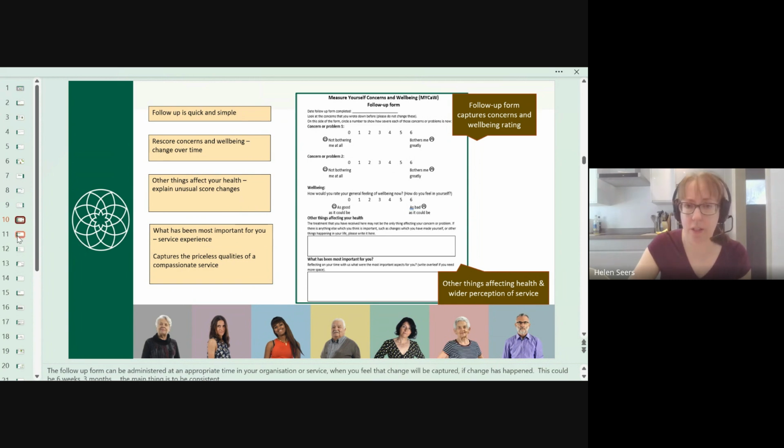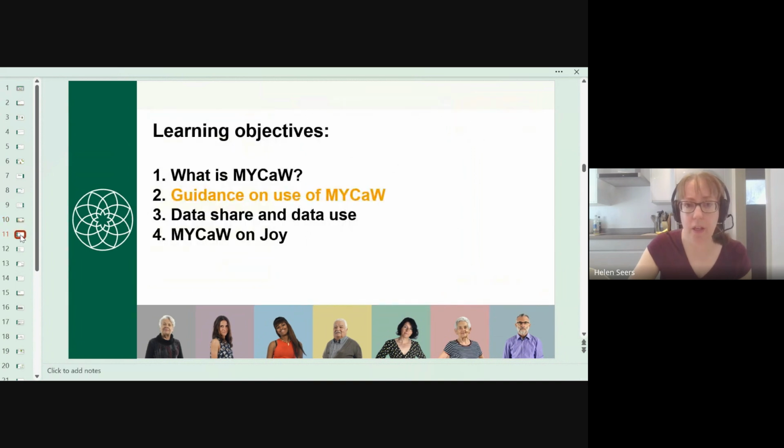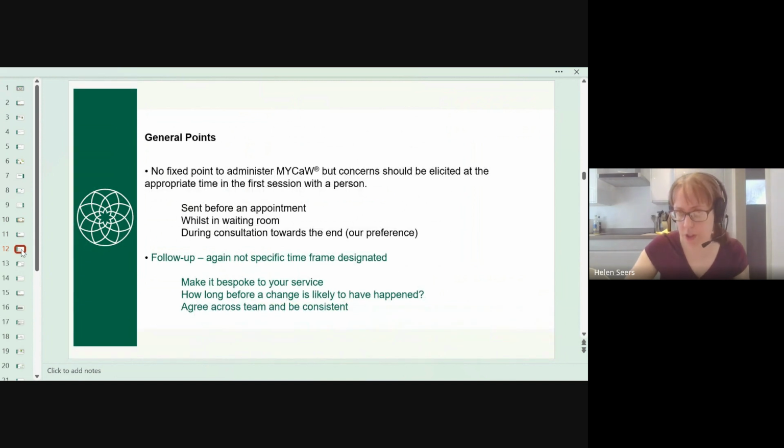That's the first and the follow-up tool. And I know you've all seen it before, but it just sets it down in terms of the training today. Now, the guidance on using the tool. So this is where, if you've got any questions or thoughts, I'm very open to the what-do-I-do sort of questions, but I'll just go through the general views that we always present